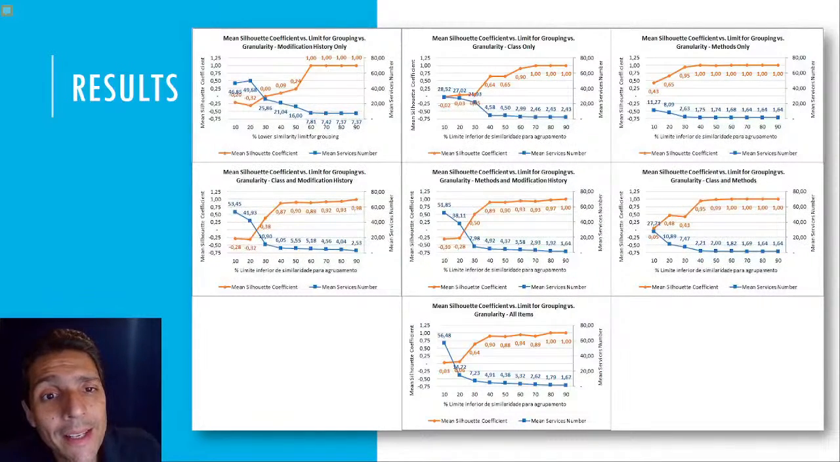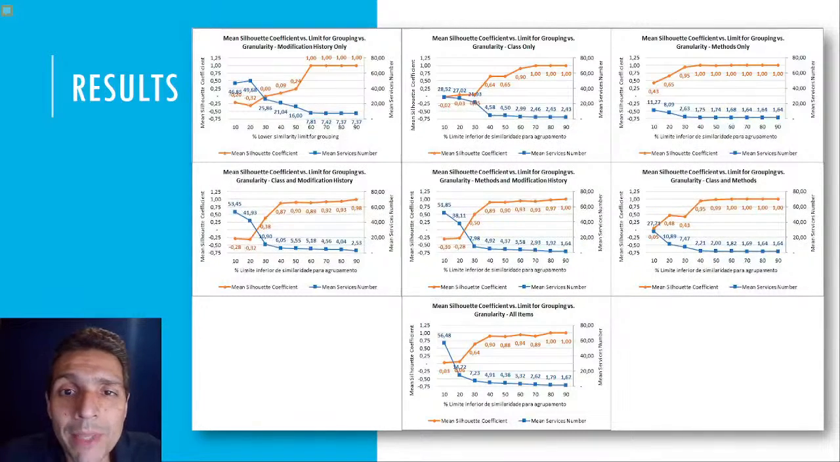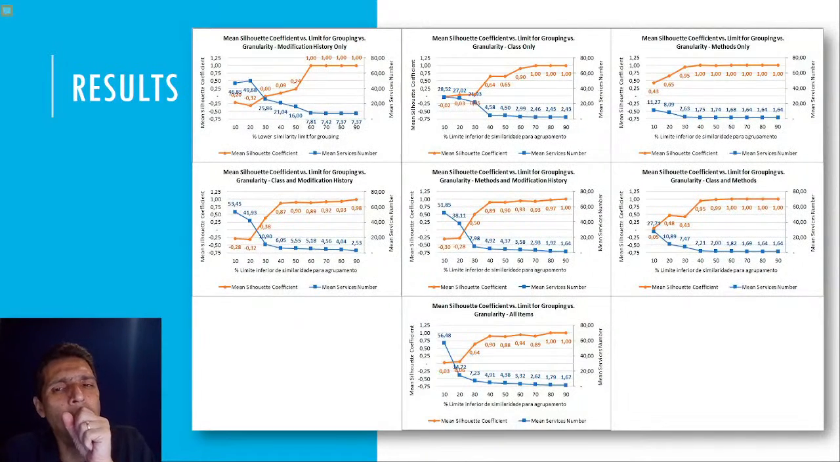And it was actually expected, since the methods are finer grained, so we have many more links between methods than links between files. So the similarities would be greater using methods. But when you combine them, you combine classes and modification history, or methods and modification history, you see